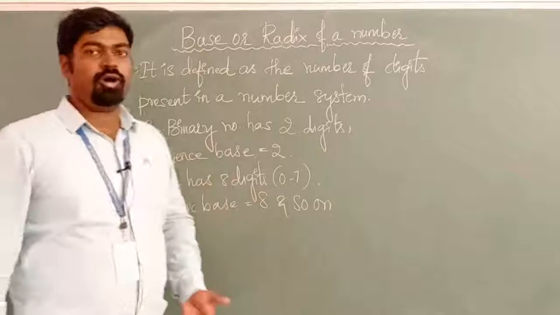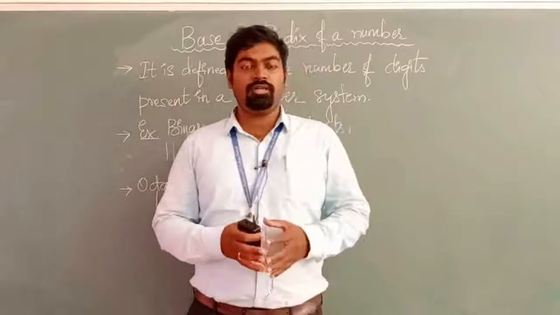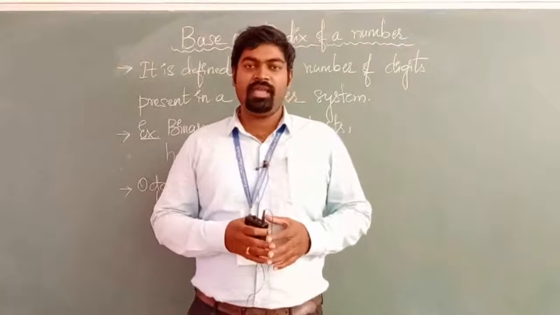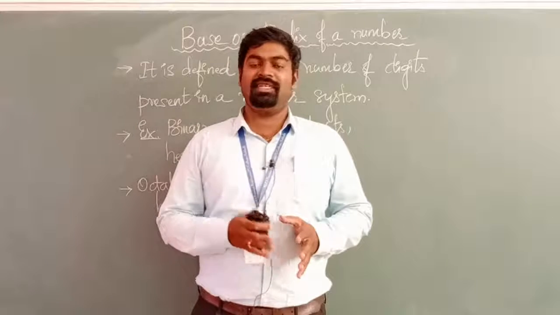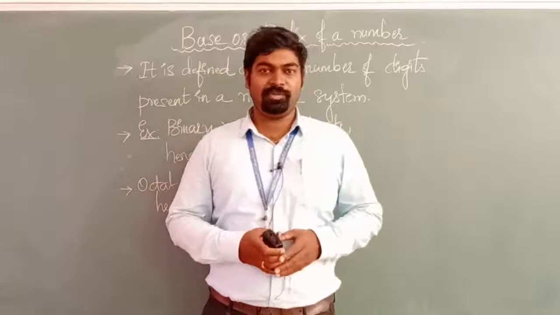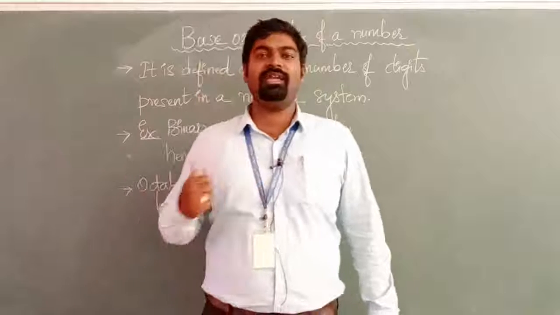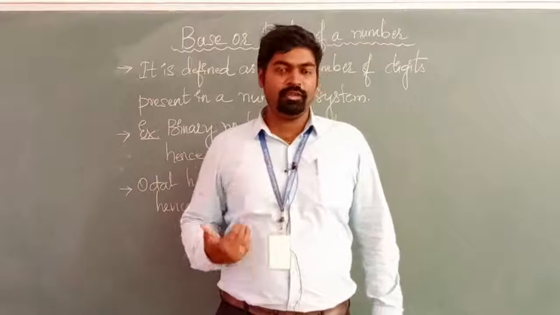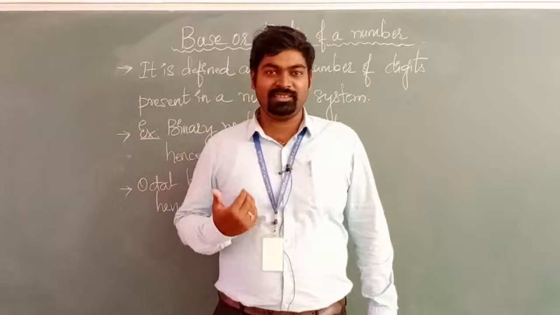And next, when it comes to decimal, decimal numbers range from 0 to 9. So total is 10 digits, so the base or radix of decimal is 10. And when it comes to hexadecimal, hexa is 6, decimal is 10, so it is 16. But what are the possible outcomes of the hexadecimal numbers? It is a combination of both alphabets and numbers. We begin with numbers and end up with alphabets. The digits are 0 to 9, which are 10 in number, and A to F, which are 6 in number. So that is your hexadecimal numbers.